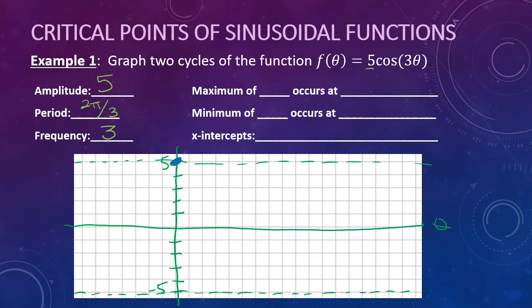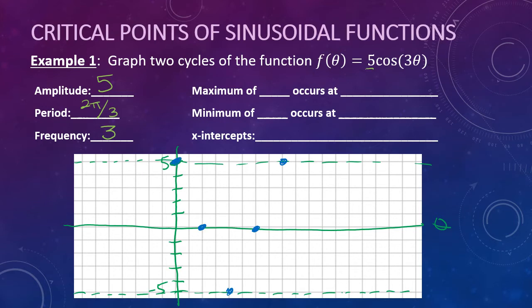So I'm going to go over 2 to the middle, over 2 to the bottom, over 2 back to the middle, and over 2 back to the top. You could go over 3, you could go over 4, you could go over 1. I just kind of try to equally space them out and also give myself enough room to label the things